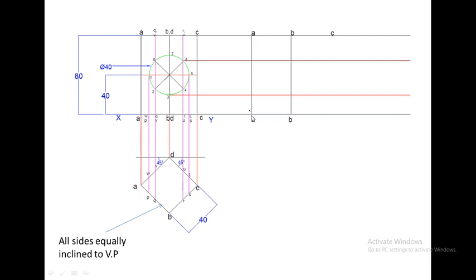Again take the same distance, that is A to B. Place your rounder at point B, cut an arc in front of it and name it as C. Now draw vertical edge C. Again you have to draw vertical edge D. So again place your rounder at point C, cut an arc in front of it and name it as D. Draw vertical edge passing through D. Name it as D and D.